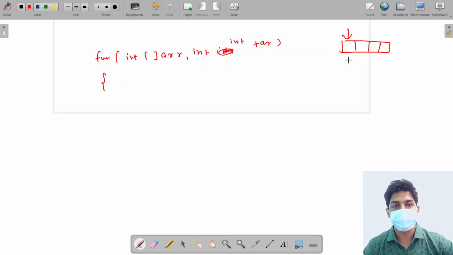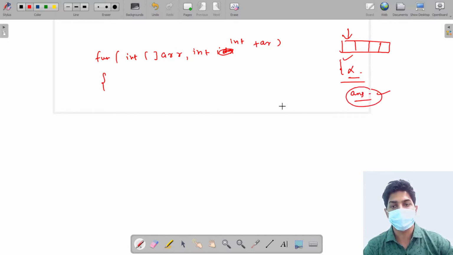Each element has two choices: either it can be a part of the subset or it cannot be a part of the subset. If in either of these ways we get an answer of true, that means there is a subset of elements whose sum is equal to the target.